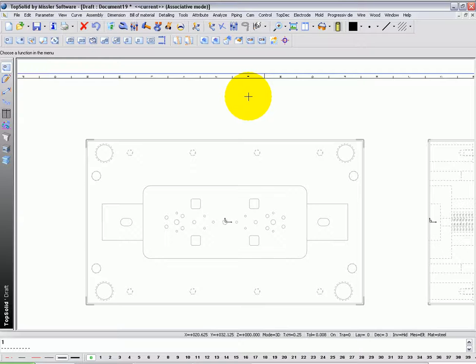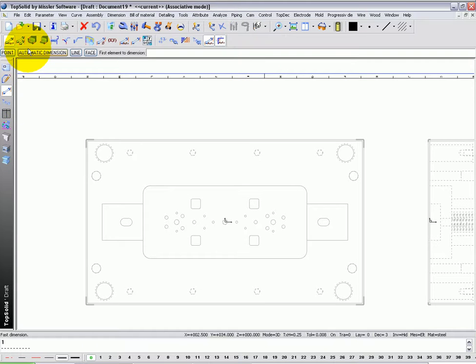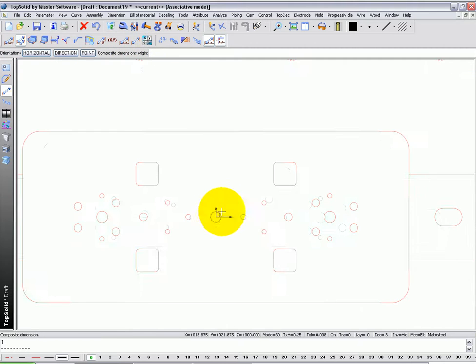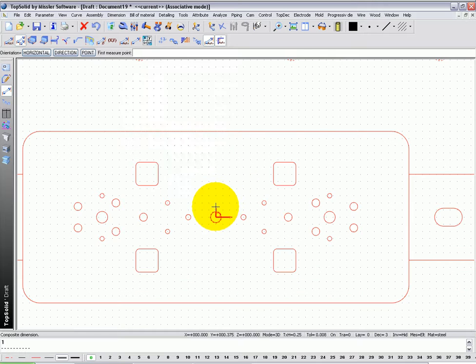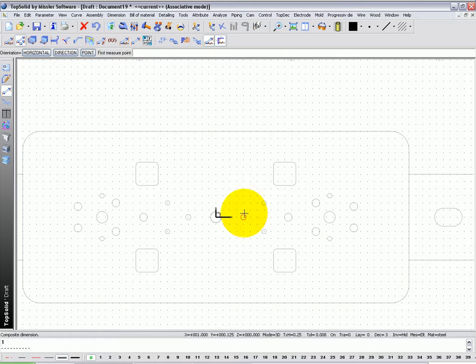In this example, we're going to learn how to work with composite dimensions. To use the composite dimension function, simply click on the icon and start by selecting where you want your origin to be. In this case, I'm going to choose the y-axis of my 0, 0,